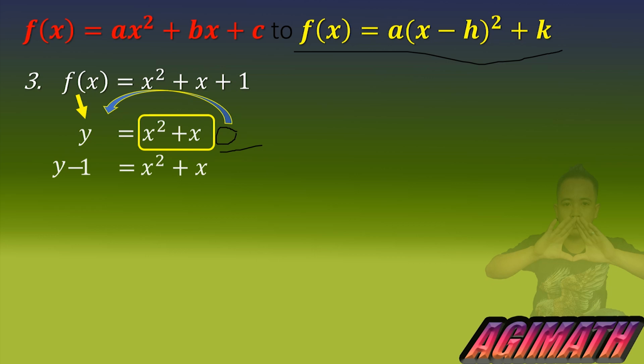Next, after we are able to transpose 1 and it's not feeling out of place anymore, we are going to do